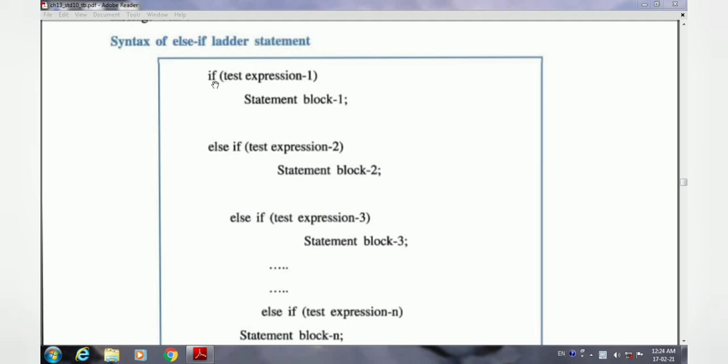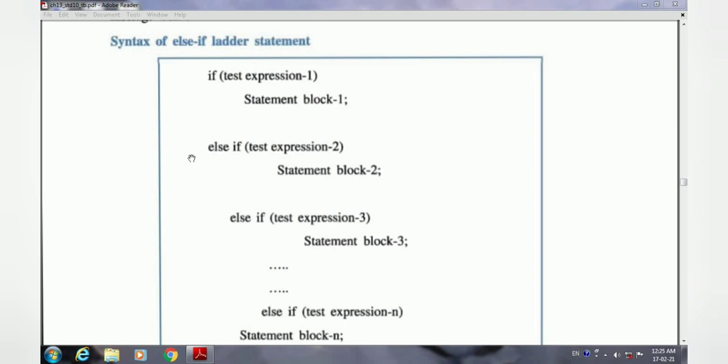First it will begin with the simple if. So first you write if, and here you write the test expression, the condition. If this condition becomes true, then the statement block, whatever is written here, will be executed. So this is the first condition. Now to write the next condition, instead of if you have to use else if.